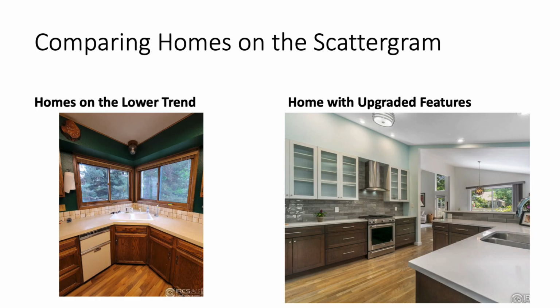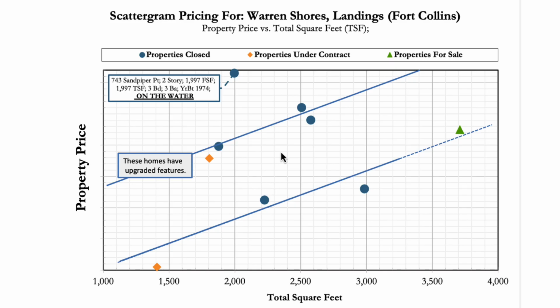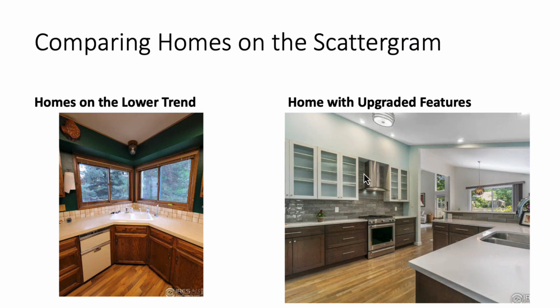Well, in this case, for example, homes in the lower trend looked like this. Homes in the upper trend with the upgraded features looked like this. It's not going to be something subtle. It's not going to be one little small thing that you just can't see easily. If there's this big of a difference here between these two trend lines, it will be blatant. It will be something that can't be quantified sometimes without looking at it, but it will stand out